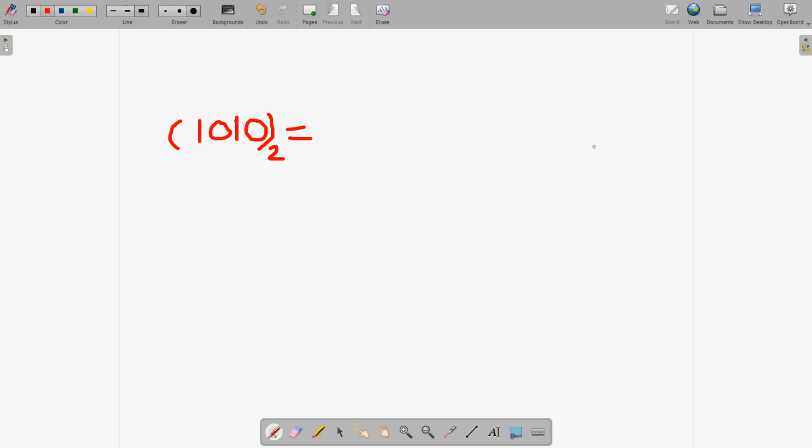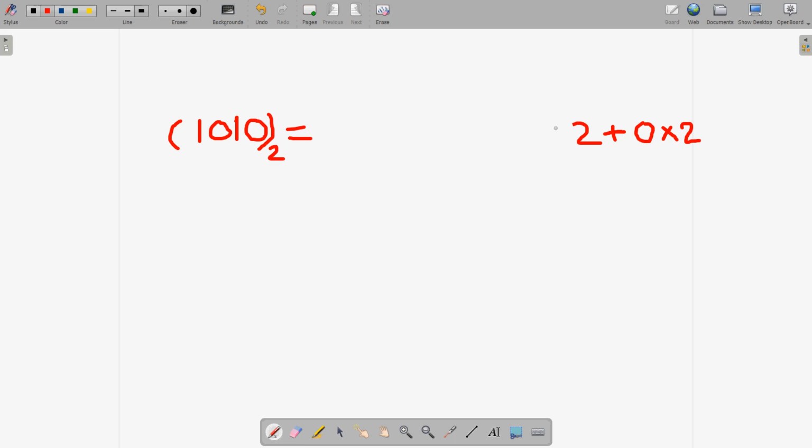Now let us see all of these values multiplied with their bases. So the right one is 0, and this 0 will be multiplied with 2. Okay, and we will also multiply with the powers. Wait a moment, let us first multiply with the bases and then we will write the power of the 2. Don't confuse it, we are only writing this time the number itself multiplied with their bases. So first was 0, second one is 1, and again it is 0. Okay, let me erase this so that it doesn't cause any confusion.